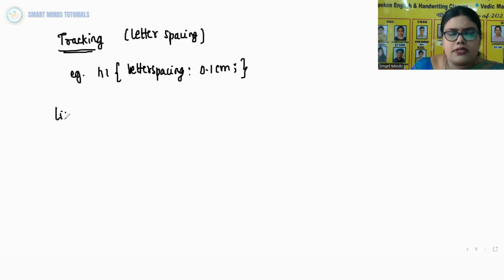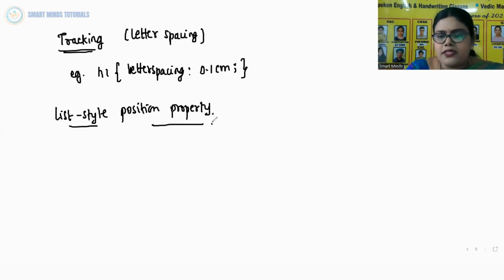Now let us see what the list-style-position property is. This property specifies how bullet points for multiple lines are aligned, by aligning the second line with the start of the first line or aligning it underneath the start of the marker, that is bullets or numbering.